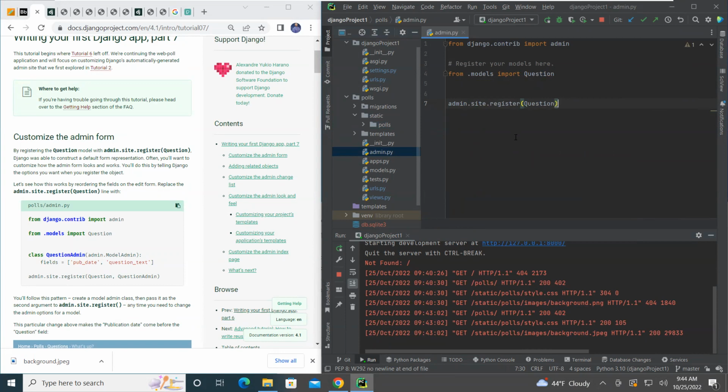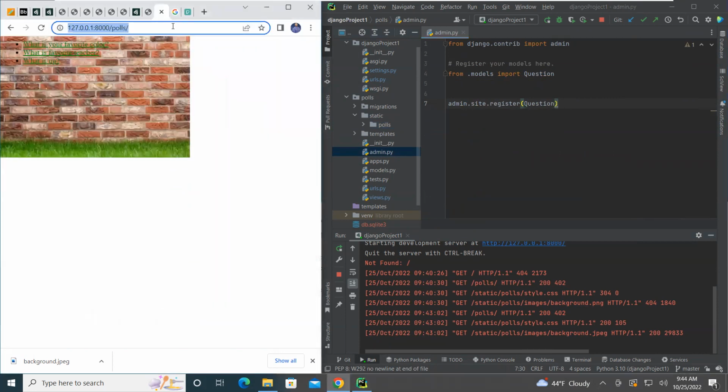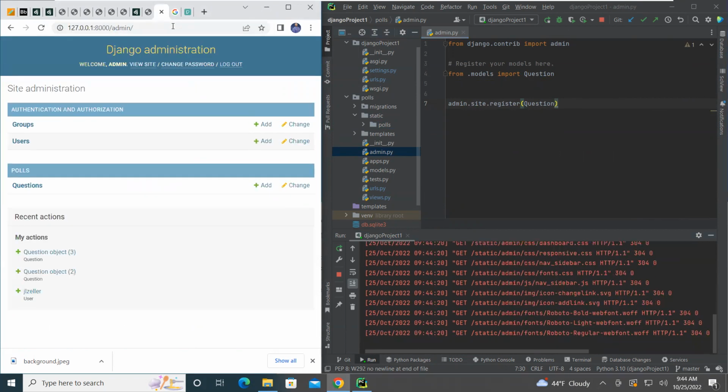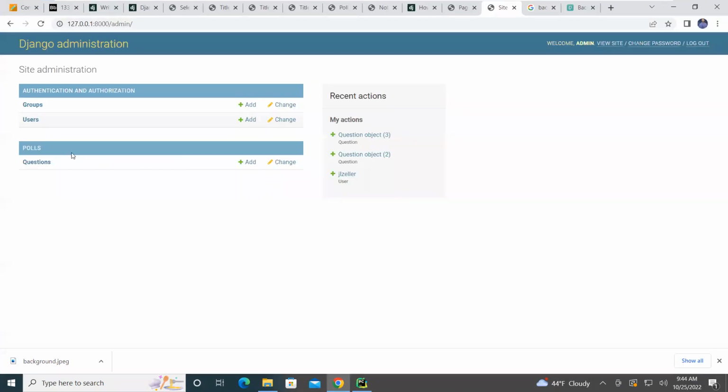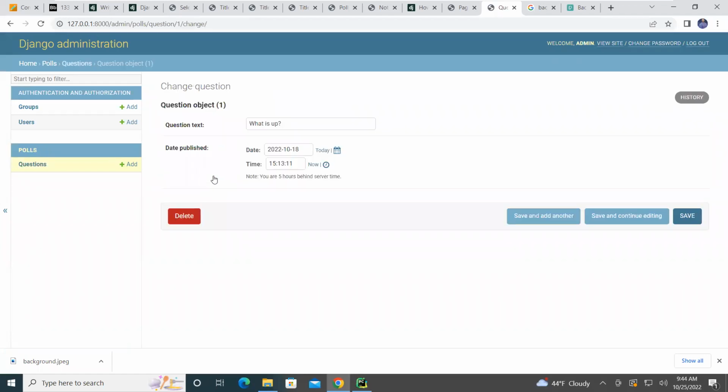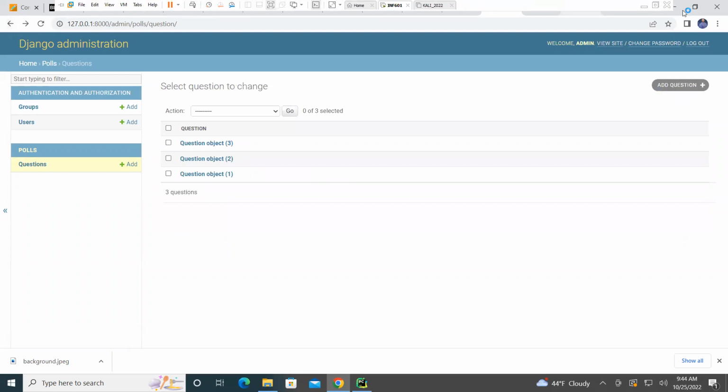Okay. So you remember that we registered this question before, and all that really did was allow us to go out to our website. And if we went to the admin side, you can see that we have the ability to see our questions out here. And when we click on a question, it's the default question showing up here, just shows question object 1, 2, 3, which isn't very helpful. This is the actual question text for those questions. So to make that more helpful,